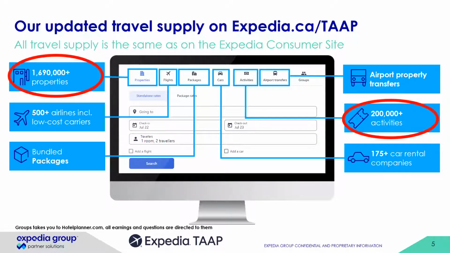You can also bundle these travel products together by adding, for example, a flight or a car rental to a property booking, which includes vacation rentals. And also we have a tab specific for airport to accommodation transfers. So unlike other hotel suppliers, Expedia has direct contracts with all of our properties and suppliers on our sites, and